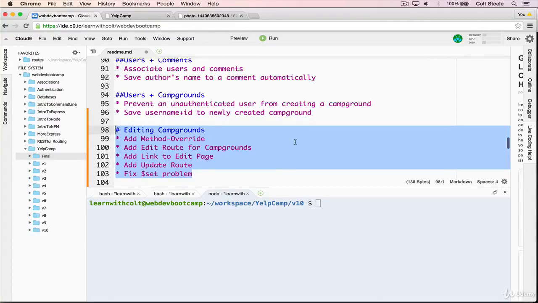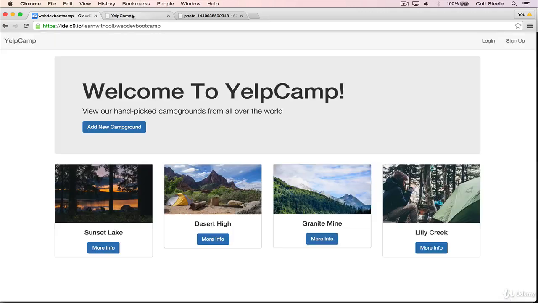Okay, welcome back. So we're going to get started on editing campgrounds. This is a little bit of review from the REST unit where we made that blog app with Semantic UI, but we're going to add some new concepts on top of that as well, in particular when we get to comments. To start though, we're working on editing campgrounds so that when I go to the campground show page,